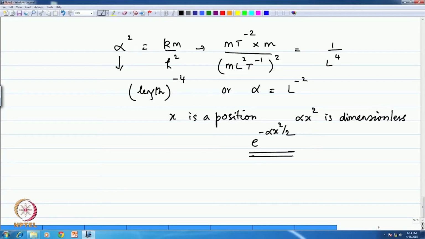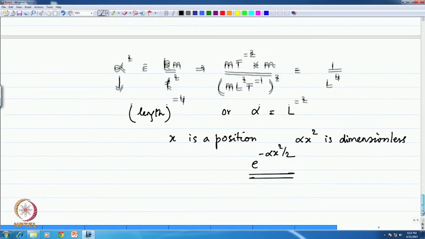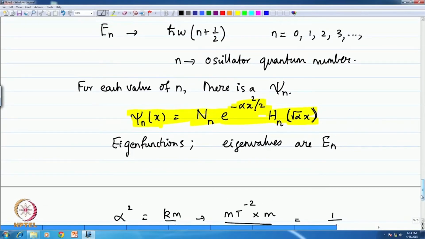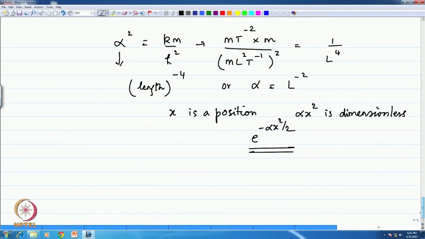So the constants have been chosen to get some of these physical parameters clear, and the Hermite polynomial, which is a function of position, is multiplied by square root of alpha, and you can see that square root of alpha is length inverse. Therefore, square root of alpha x is also dimensionless,